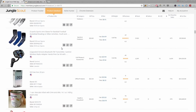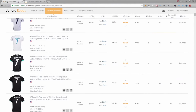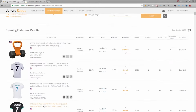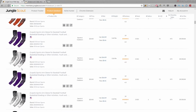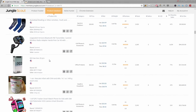I wish there was a way to filter these products out that are clothing related, because as you can see, I did take out clothing. So the reason why we're having these products pop up is because of sports. I'm imagining sports and outdoors. So if we took that out, we would get all these products removed, but then we would lose all the products that are actually really good in sports and outdoors, because there's a lot of good ones in there. So we can't take that out. But anyway,